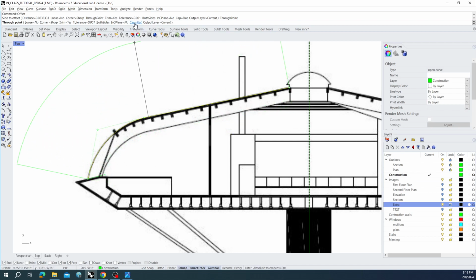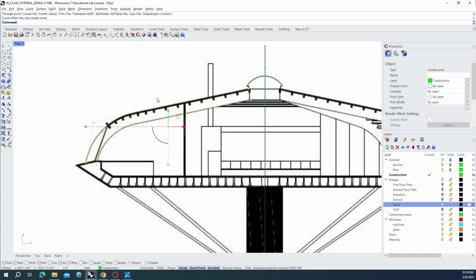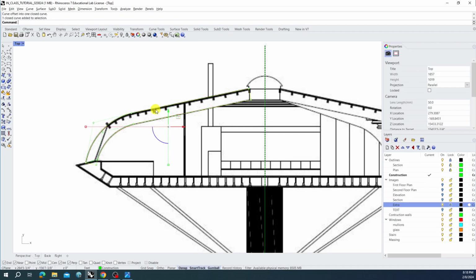If we do not want that to happen, we can change the cap to none. And it'll just make another copy of that same curve, but at the distance you want. For this instance, let's just do the cap flat, and I'm going to specify the distance at that point there. Now we have this kind of curved rib shape,